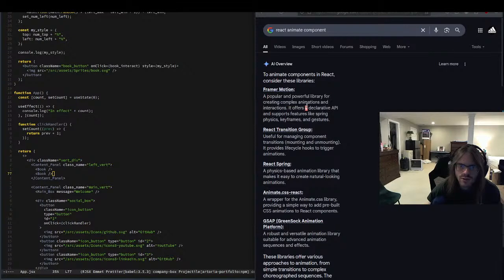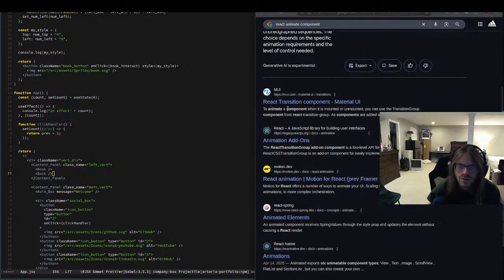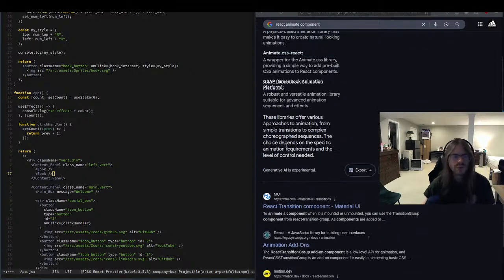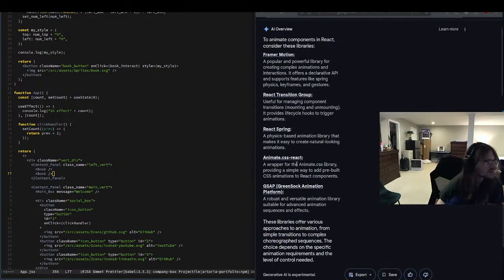Framer motion. Let's see. To animate a component, what is mounted or unmounted? React transition component, material UI. I don't know if I want to get a whole library or package for this. This kind of sounds like something